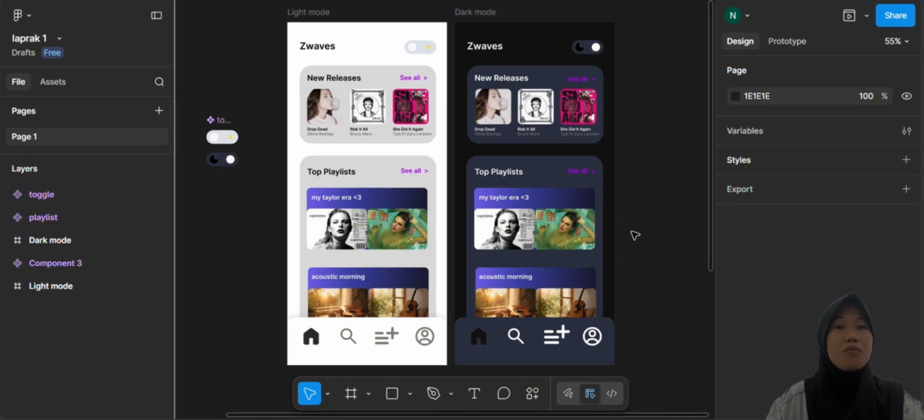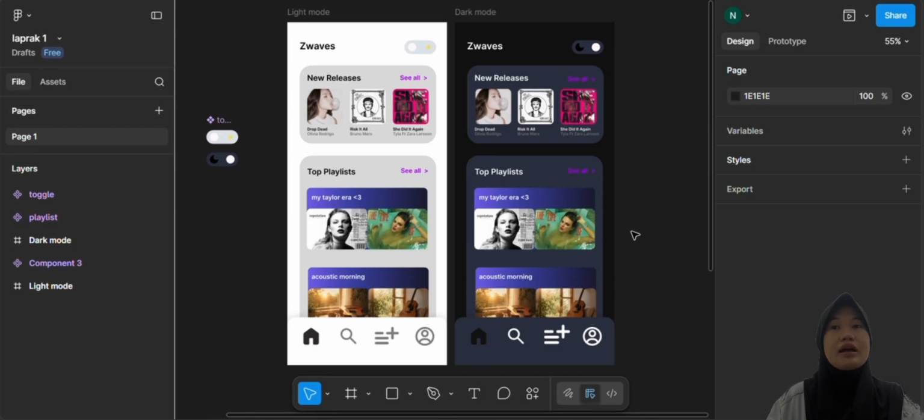And in light mode, the design is dominated by bright tones using a white background, gray elements, and blue gradients. And in contrast, the dark mode is dominated by dark tones featuring a near black background, deep blue, and blue